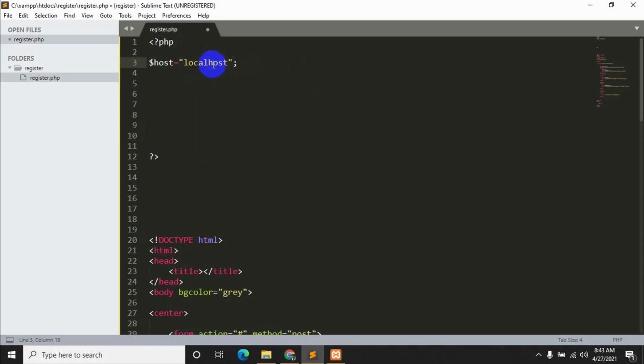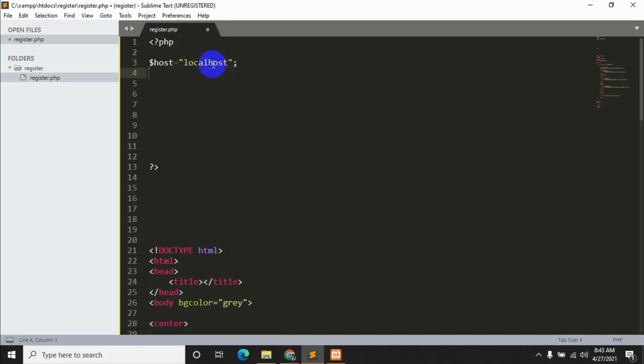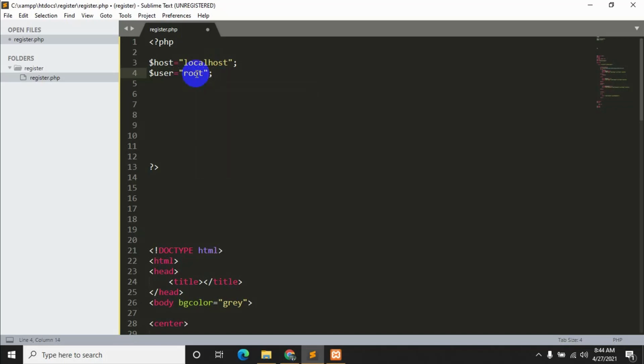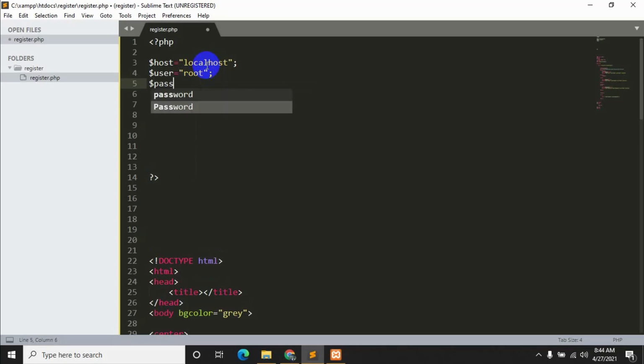After this we need to say $user is equal to root. We need to give double quotation, then write root. Okay, now after user we need to say $password. Password is equal to null.